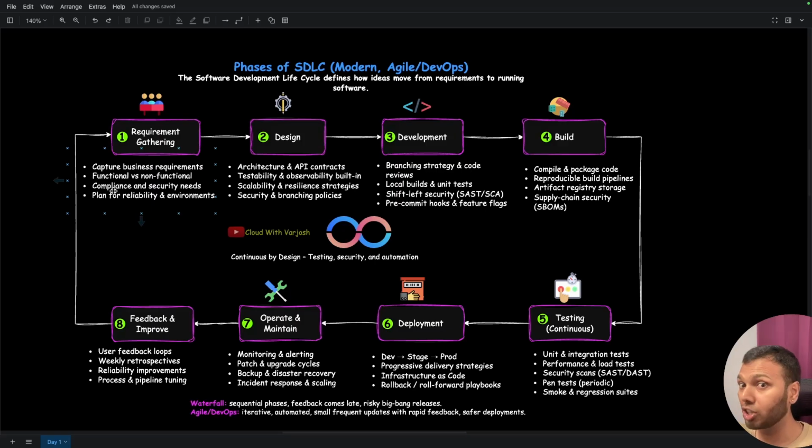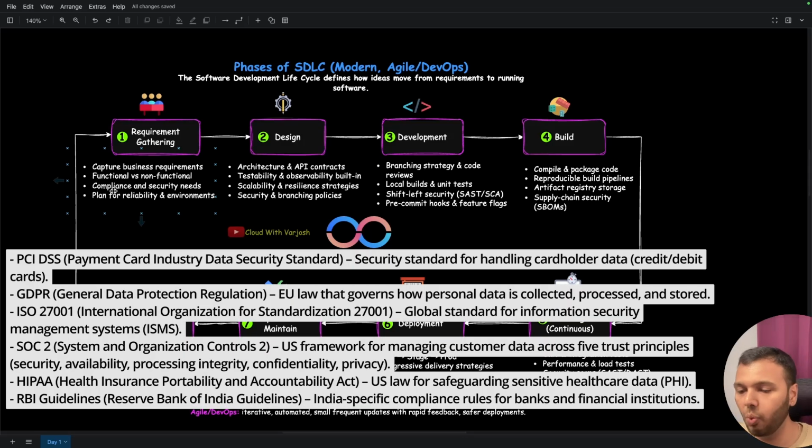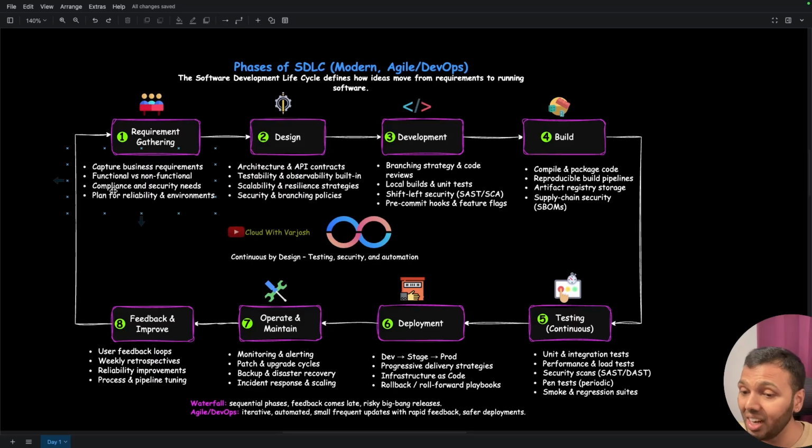But when I talk about compliance, compliance is dealt with different compliance standards. So if I say my application is compliant to GDPR, then my application must meet the requirements that are laid out in GDPR. Now, GDPR is a popular compliance standard when I talk about Europe. So in the requirement gathering section itself, you decide what all are the compliance standards that your application must adhere